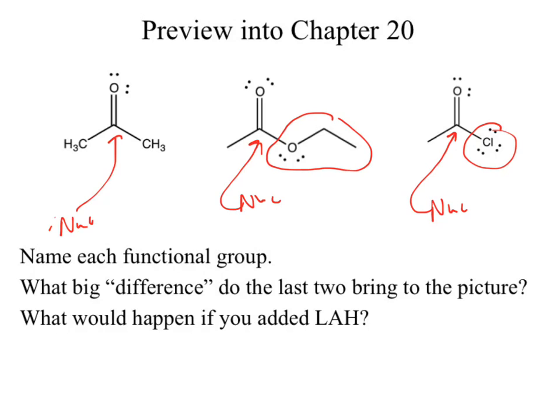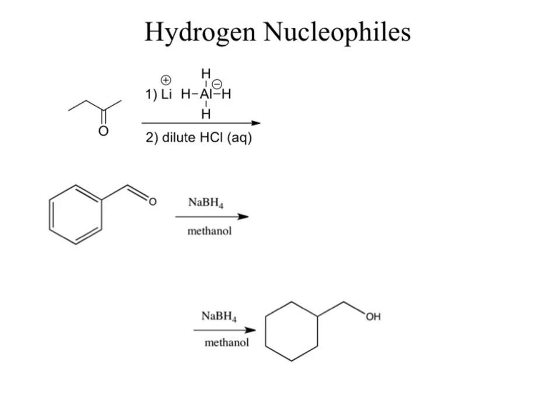LAH being so reactive is going to do what to every single one of these? There's nothing acidic for LAH to react with. It will reduce all of them down to the alcohol. It is so incredibly reactive, it will convert every single one of those to an alcohol. Okay. Think about it. That's kind of what's happening when we move forward into chapter 20. Not a big deal for now. So our hydrogen nucleophiles,